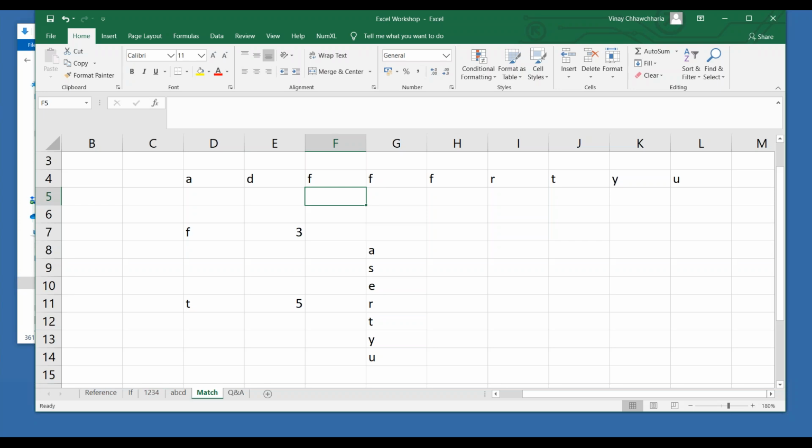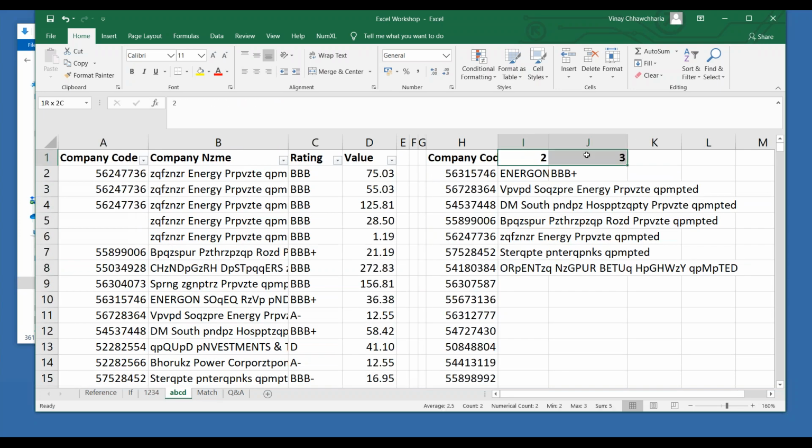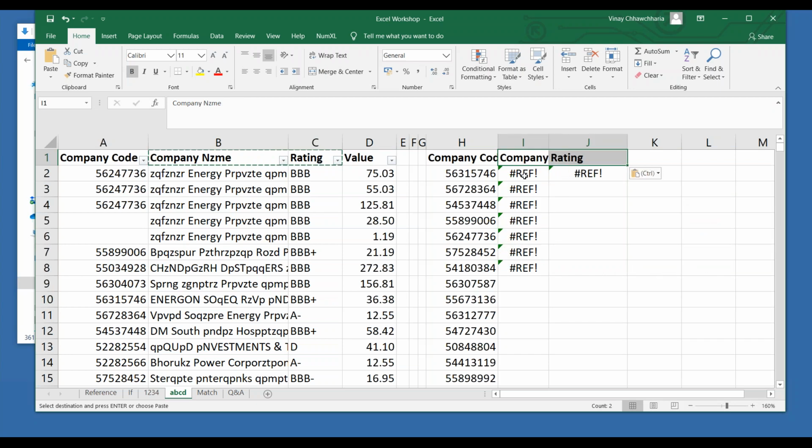If you are done with this simple MATCH, I can tell you the application of this. Fine, let me help you with the application. If you remember, we had to type 2 and 3 in VLOOKUP. Now let's say something like this was written over here. I know many of you must have got the hint. I'm just removing this. So let's say that 2 or 3 was not written.